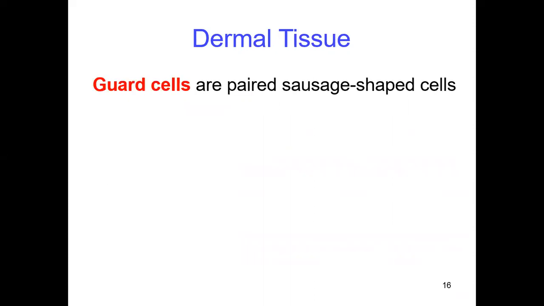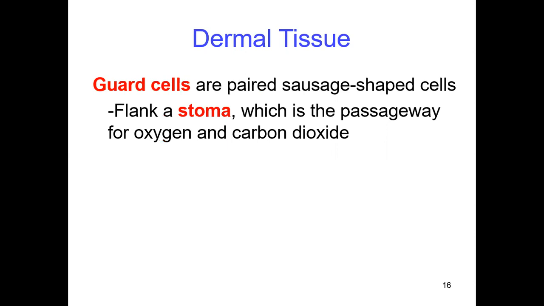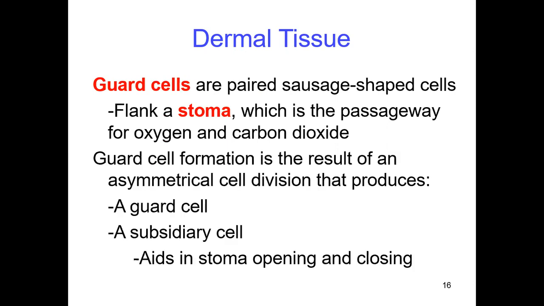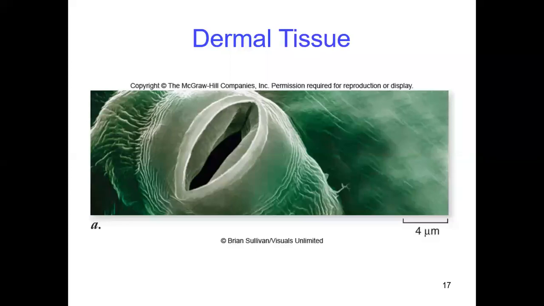So if you see the stomata, the guard cells are a pair of sausage shaped cells here. If you see these guard cells, subsidiary cells, and this is the electron micrograph photograph, we can observe this photograph here. This is the opening of the stomata, and this opening of stomata is due to the guard cells' activity. So these are the kidney shaped guard cells, and these are the subsidiary cells. So if you see this, 4 micrometer, very small.